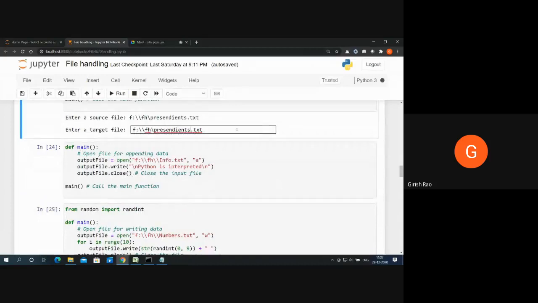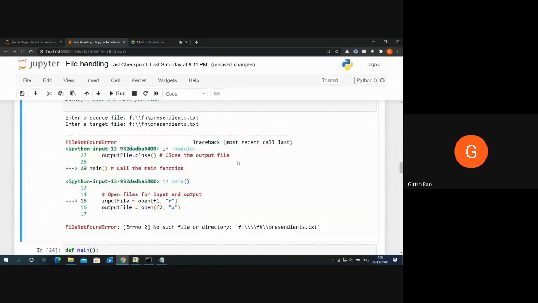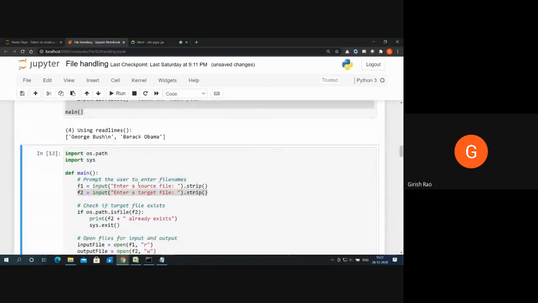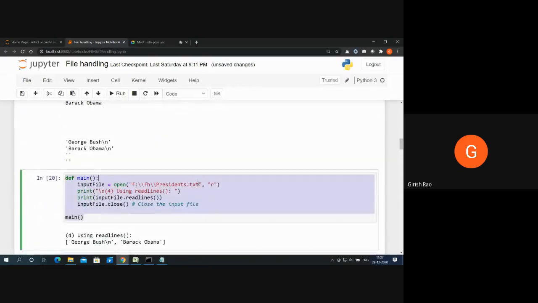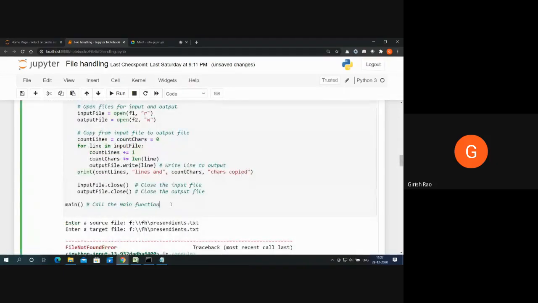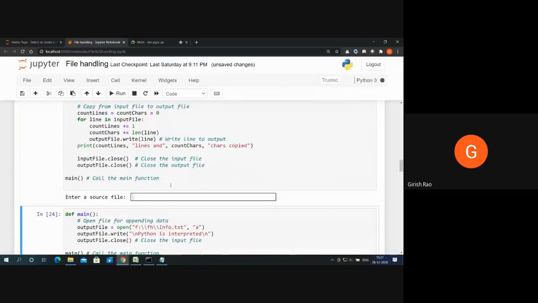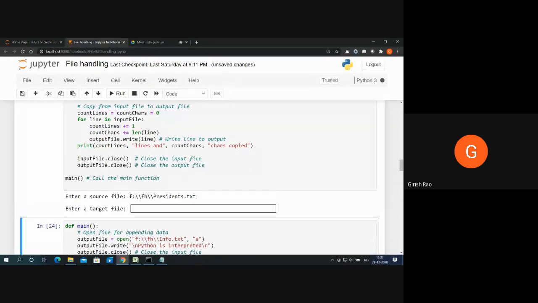So again, it is going to give me the error. F:/fh p.txt. Okay. So this is the file.